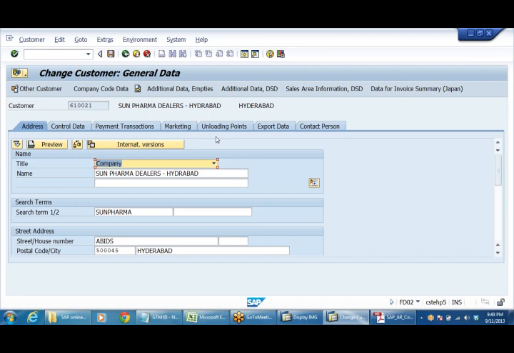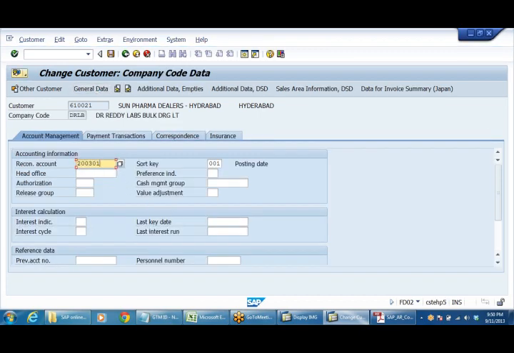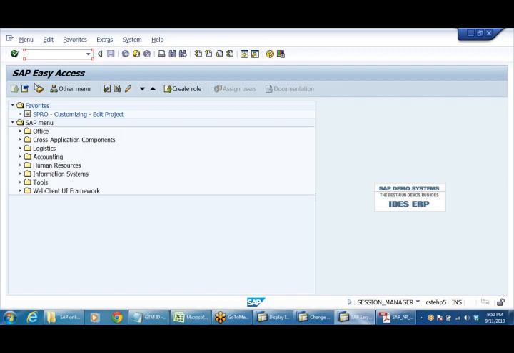And one more thing I told you, any invoice that is going to be generated from the sales and distribution module will be flowing into financial accounting. But since we do not have the SD module, we are creating the customer accounts, etc., and we are posting the accounting entries manually into the system, right? That is the purpose. And in the company code data, we have linked up the recon account. Recon account is nothing but 200-301, the sundry debtors for domestic customers. I told you we have created two groups. For each group I have created a recon account, that is the sundry debtors account.